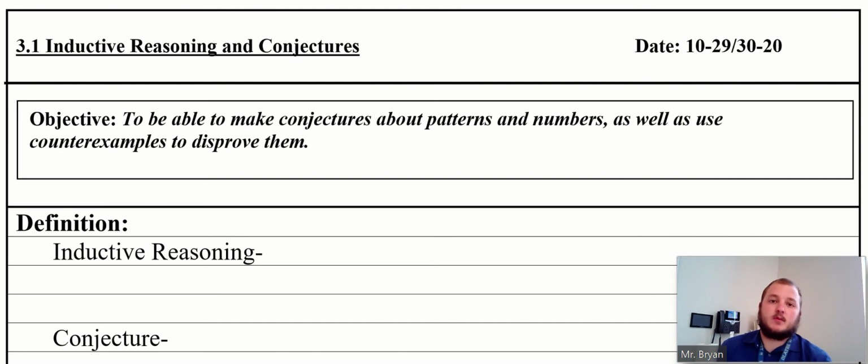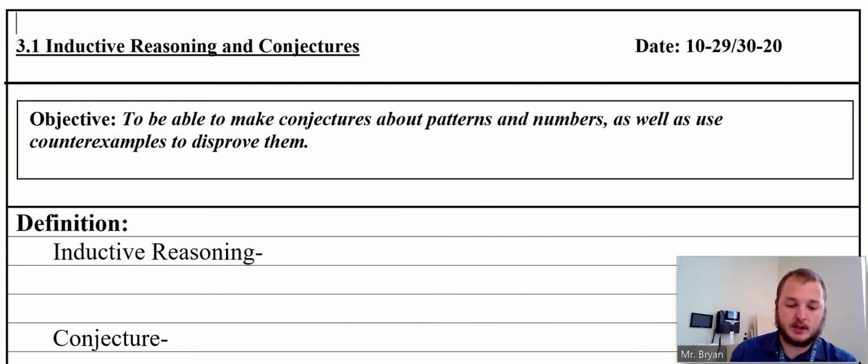Alright, welcome back guys. We are getting back into our video notes now. It's been a while, so we're starting our next unit, Unit 3. I do want you to make sure that you're keeping all your notes in the same place. So I'll have you get a clean sheet of paper out, and I want you to label at the top,